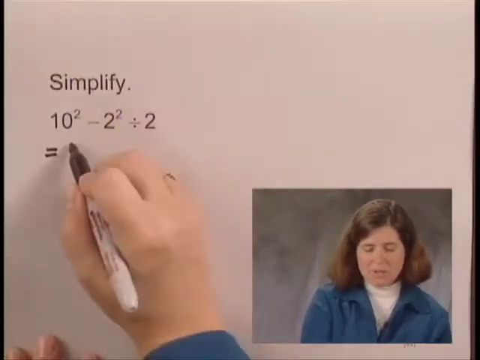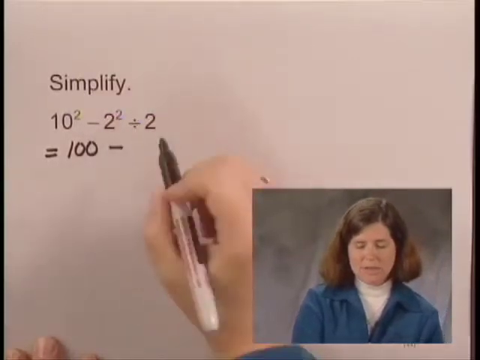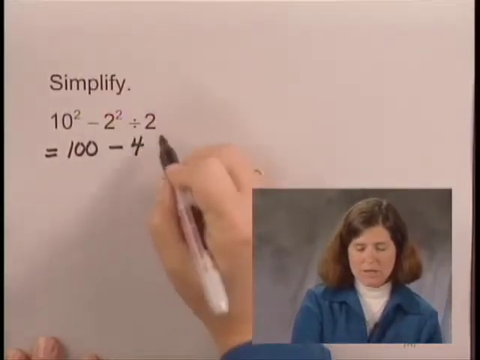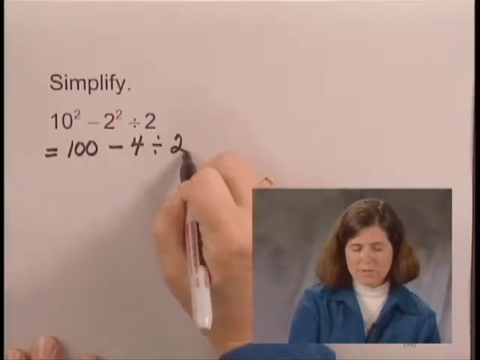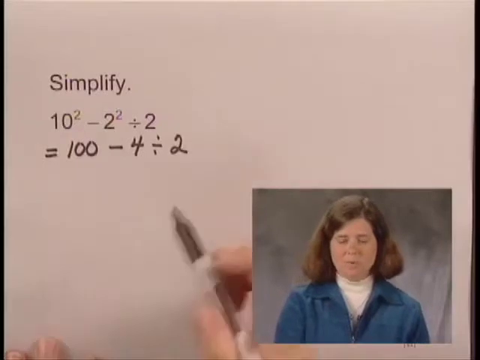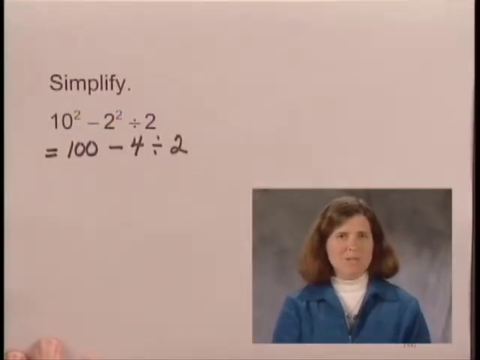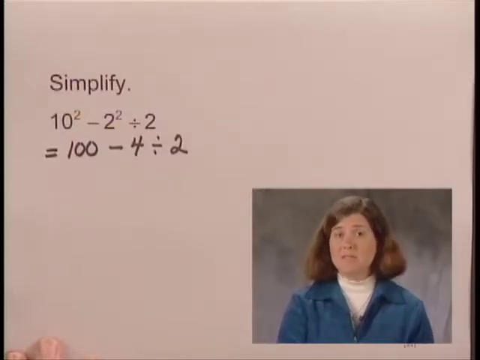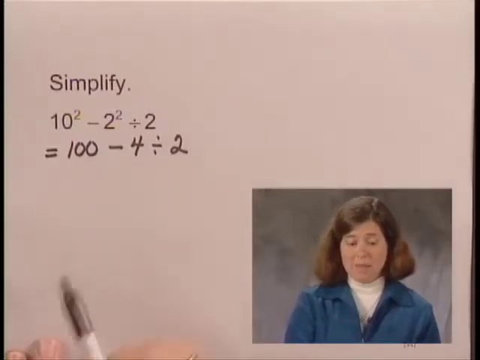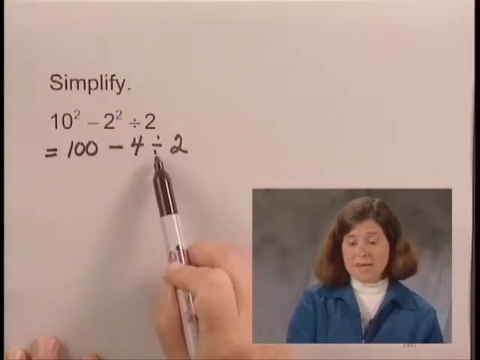10 to the second power is 100 minus 2 to the second power is 4 divided by 2. And I now have evaluated all the exponential expressions that appear within this expression. The next step in the rules for order of operation is to perform all multiplications and divisions in order from left to right. The operations that are left are subtraction and division, so in this next step I want to